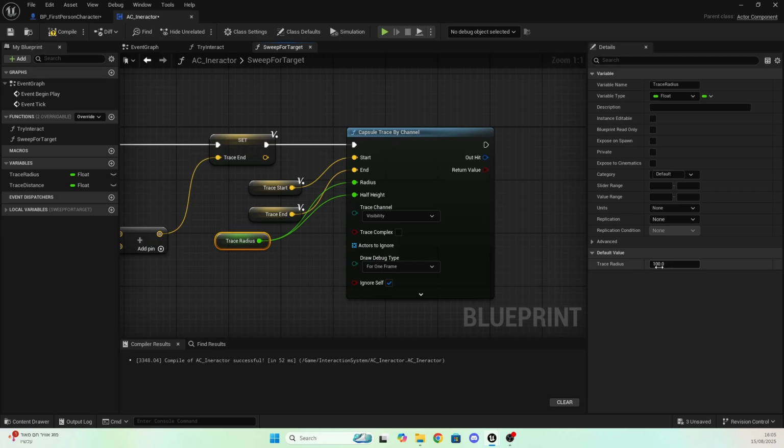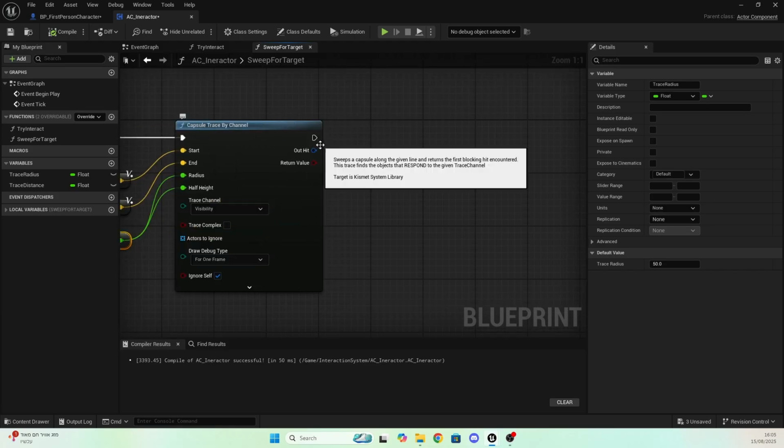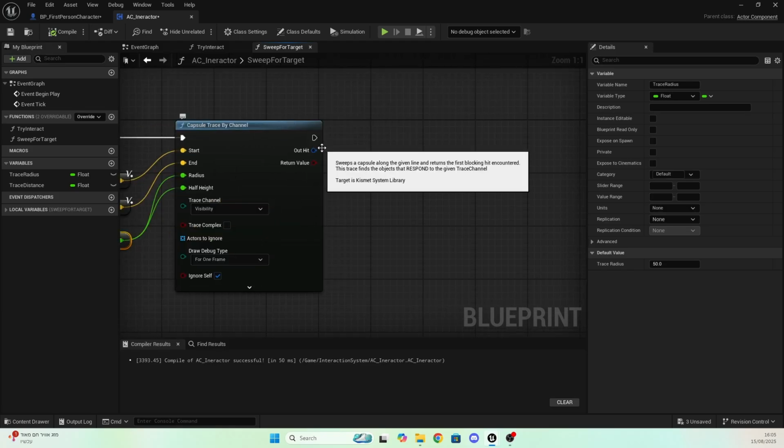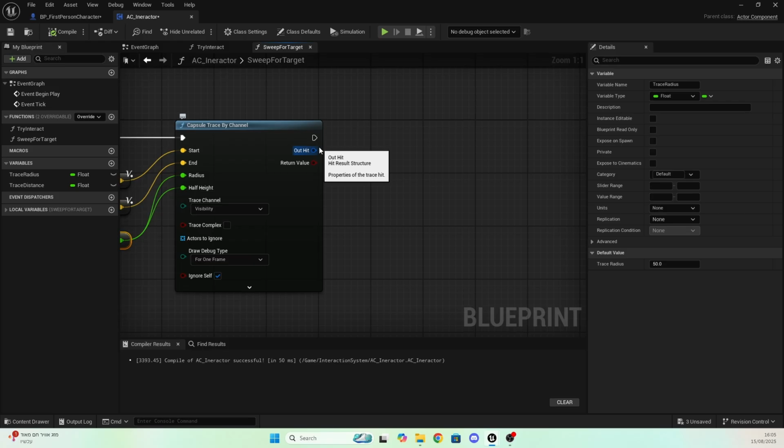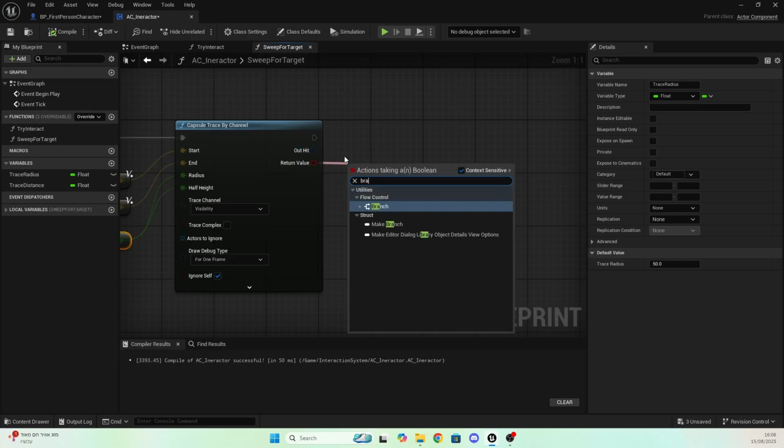Let's give it even a lower value, like 50. You can play with those values, of course. So after that, we are going to create a branch